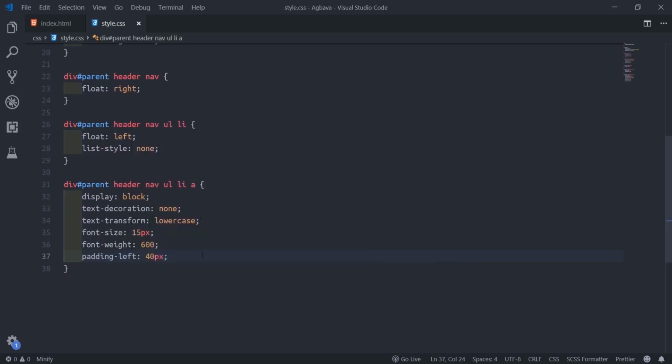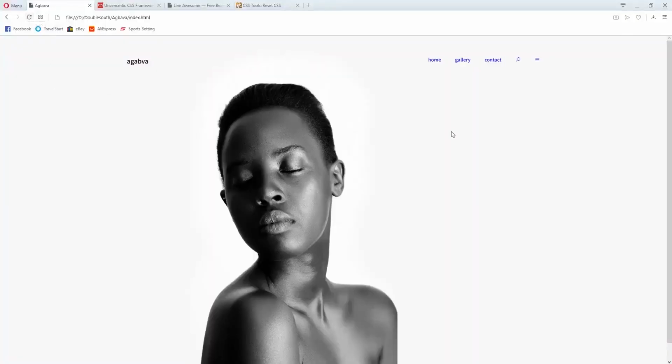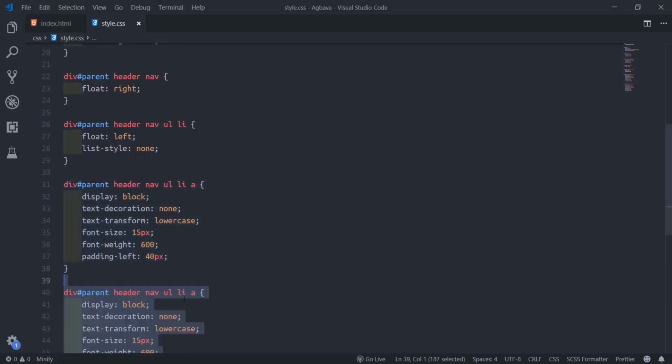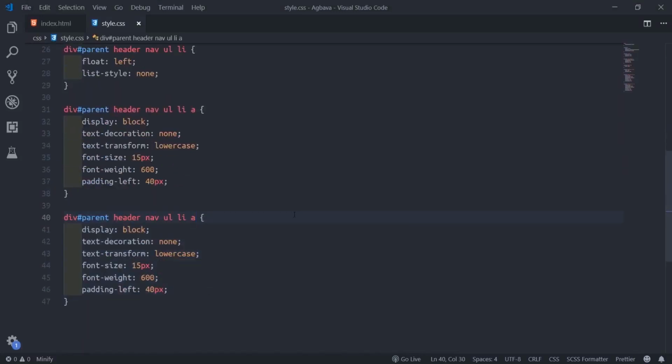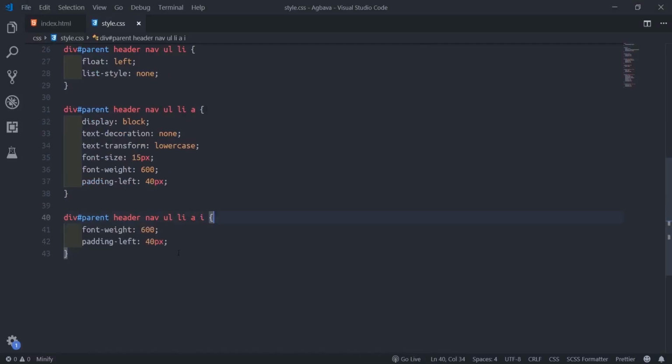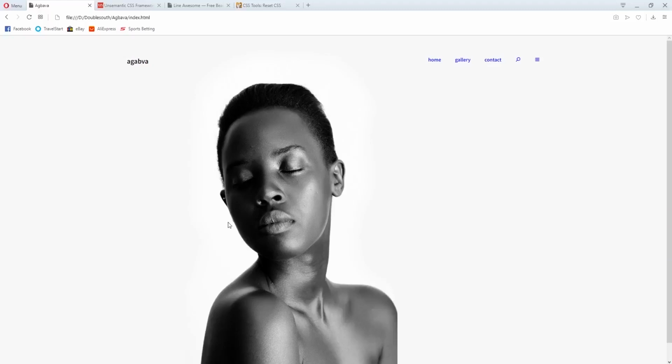So they're not go join now. They will push each other now from the left hand side. You feel me? So I go refresh now, and the same also will not get this thing now. So you see this one, not bold now. Because the A with the target will not touch this one. So do features going quickly now. So I'll just duplicate this one now. They will see inside the anchor tag now, the ID inside, then just target the font weight for there. So if we go back now, it's supposed to set now.